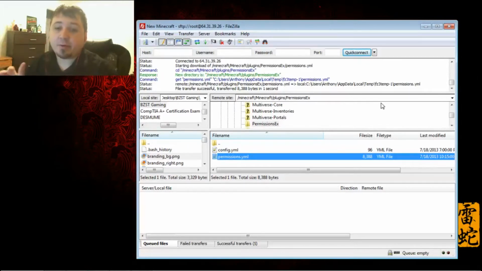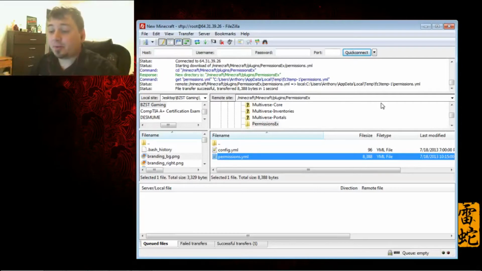It'll be in their group what they can't do, and then once you fix it and you go in and save the changes and it's got the new permissions in there,